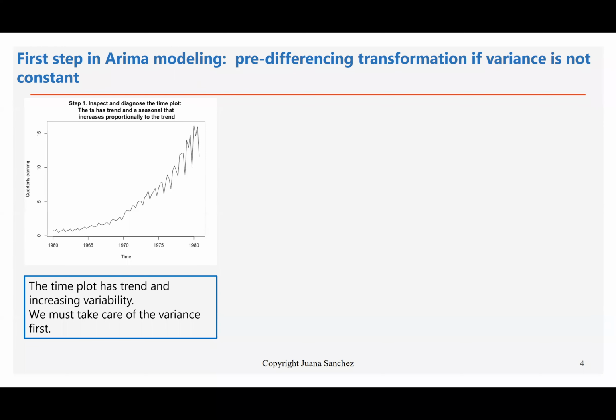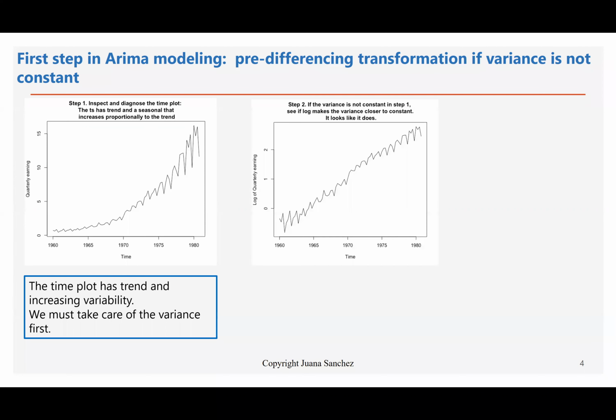So if you're going to do ARIMA modeling, that means that before we do differencing, we need to pre-transform the time series to make that variance a little more constant. It doesn't have to be exactly constant, that's very hard to obtain, but we must take care of this variance first. So I took the log of this time series. Pre-differencing transformations to make the variance almost constant that are typical are the log transform, the square root transform,